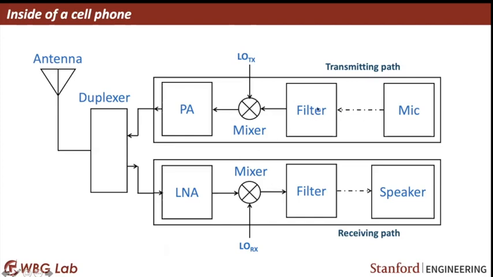So this is how a signal travels inside a cell phone and any other application where you need to transmit or receive high frequency signals. The block diagram will look something like this. And I was telling you initially that we work on transistors and diodes. Those transistors and diodes are mostly used for this application, making these power amplifiers or low noise amplifiers. And the area I am working on, related to these high frequencies, will mostly be on these blocks, not on the mixer or filter or any other